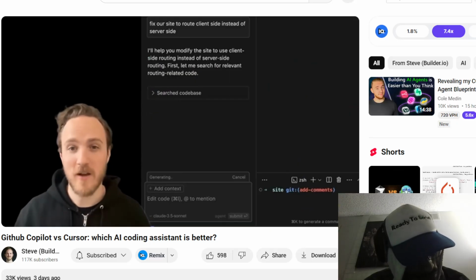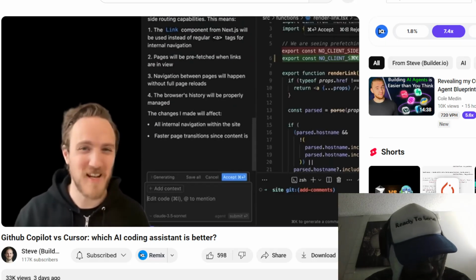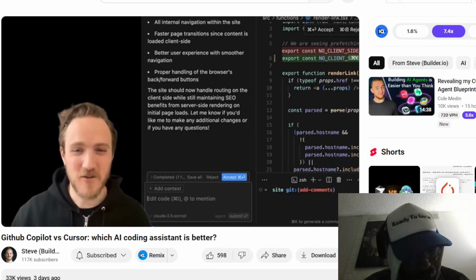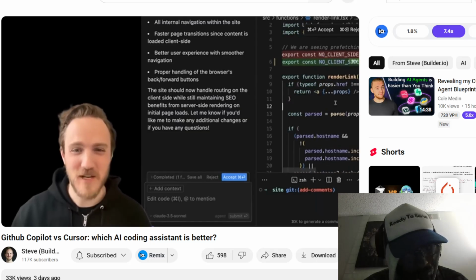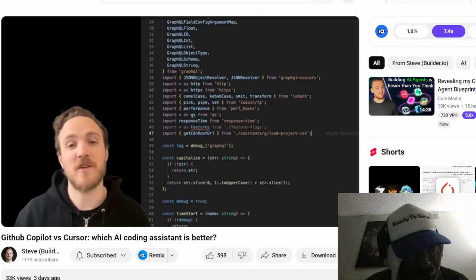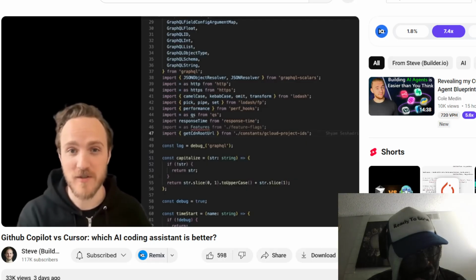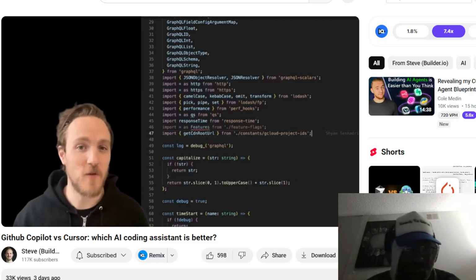Now let's try fixing the routing bug with Cursor. This one uses a smaller code base, so I really thought GitHub Copilot would be able to do this one. And Cursor does it exactly right. It finds a variable, it flips the boolean. It's a really simple fix. But hey, maybe it was unfair for us to compare Cursor's best feature to one of GitHub Copilot's newest features. Let's touch on another couple great features that Copilot